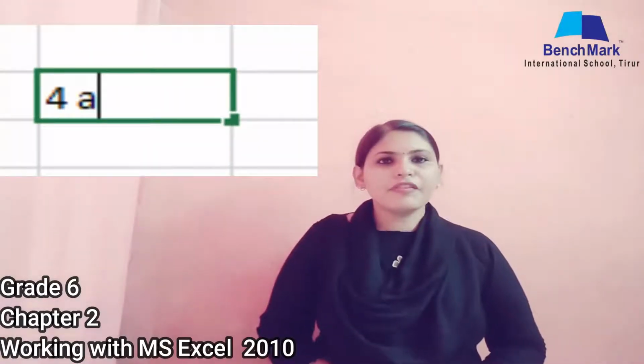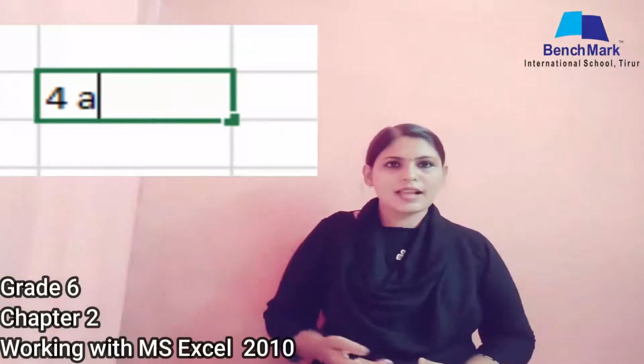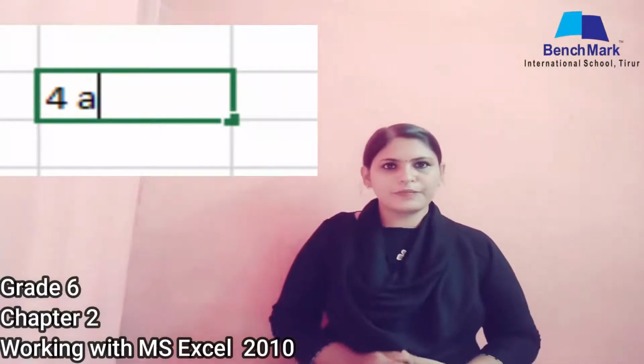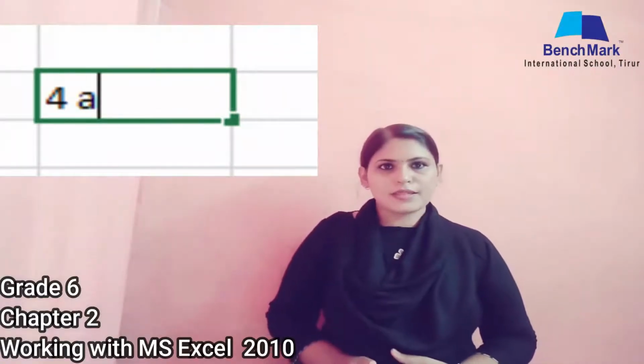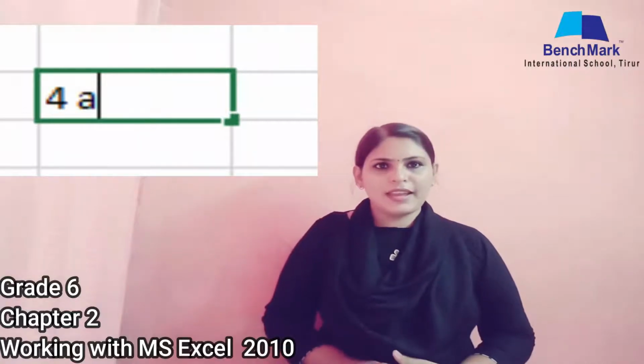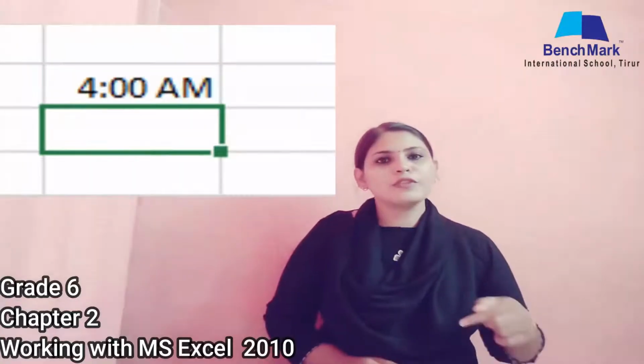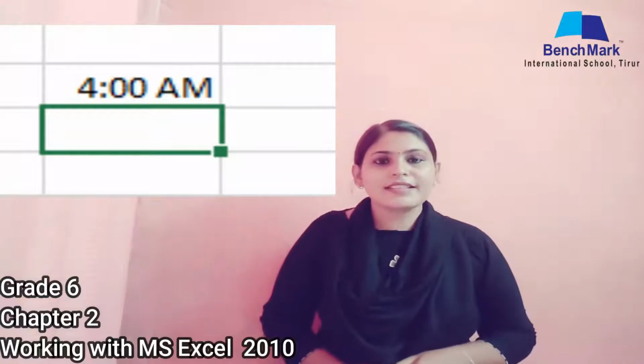For entering the time, type the time followed by a space, then type A for AM or P for PM. For example, you have to enter the time 4 AM. First in the cell, you have to type 4, then a space, then type A. After that, you have to press the Enter key. Then the time will be